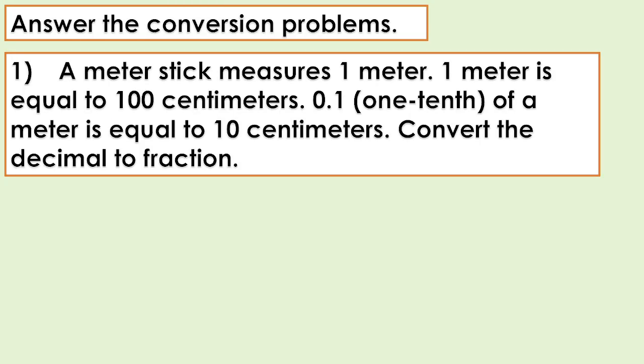Answer the conversion problems. Number 1. A meter stick measures 1 meter. 1 meter is equal to 100 centimeters. 0.1 of a meter is equal to 10 centimeters. Convert the decimal to fraction. So the answer is